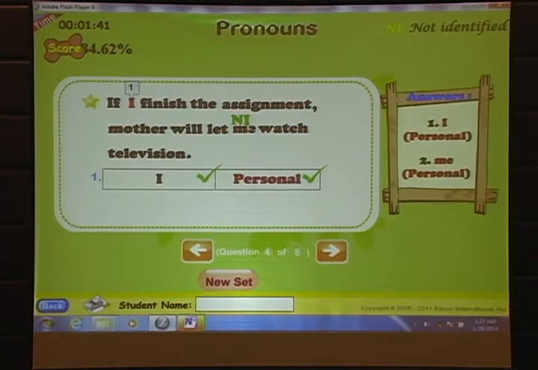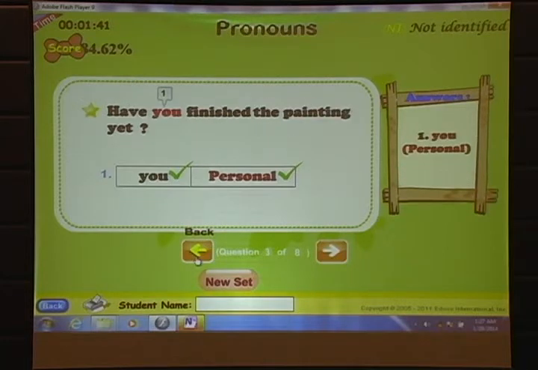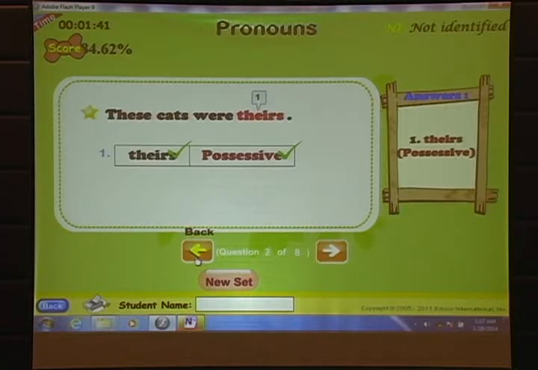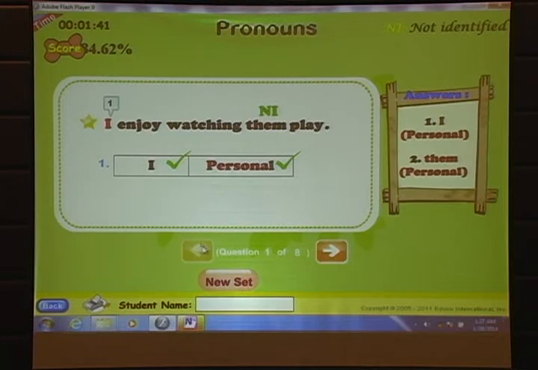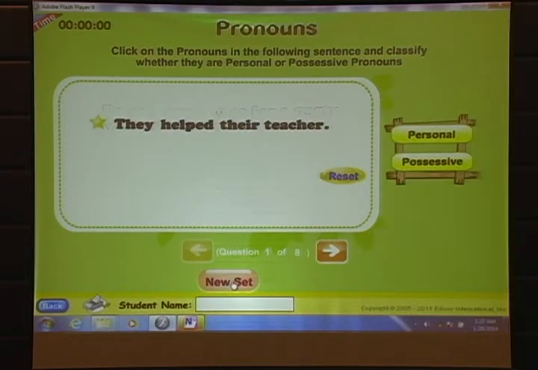We did not respond to this. There was something missing. That is why our score went down. We didn't respond to that. It's missing, like that. So be careful next time. New set, new set, new set, and so on. The philosophy is the same. Keep on practicing as much time as you want.